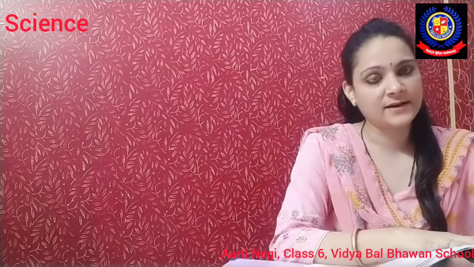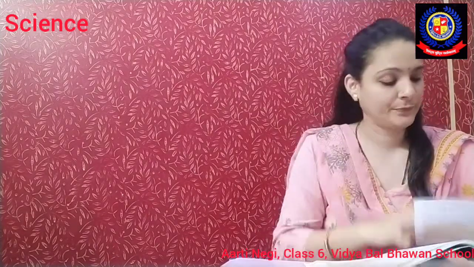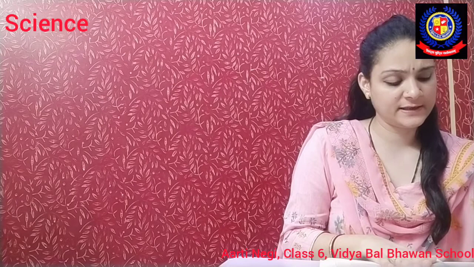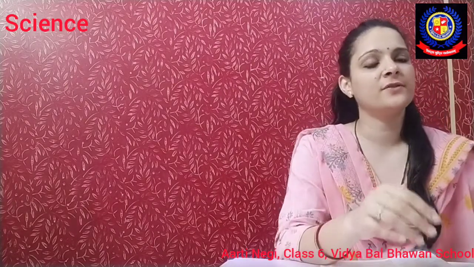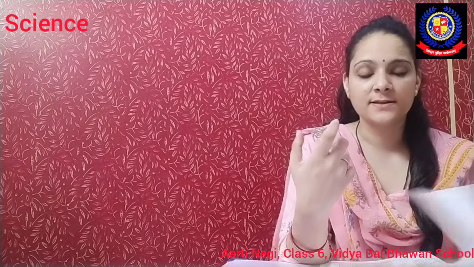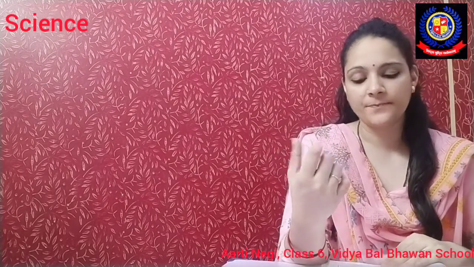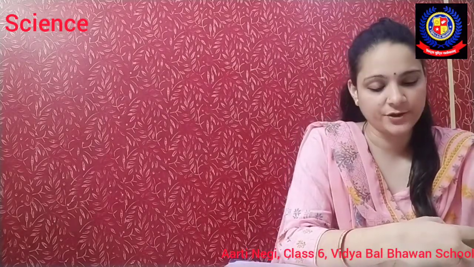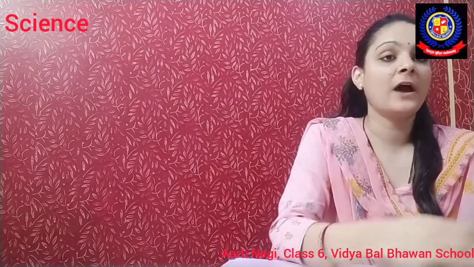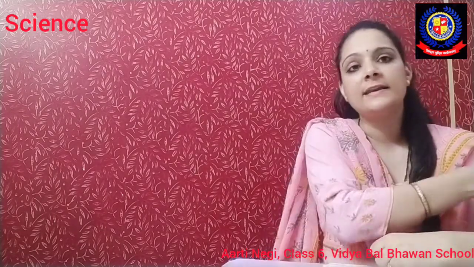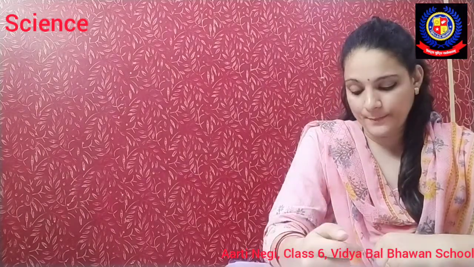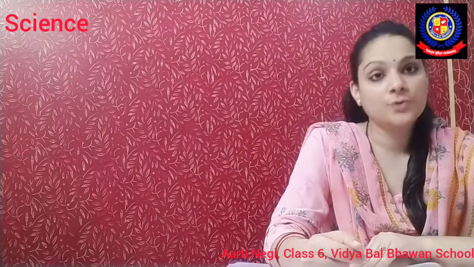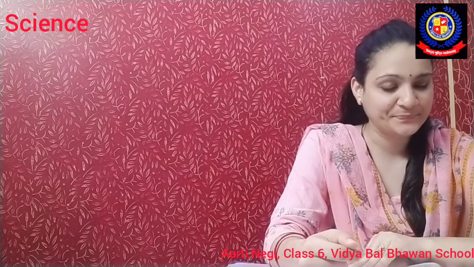Then we have performed activity 1 and activity 2, and then we have done some activities related to their different properties, like the appearance, and then we have learned about how some materials are hard and some materials are soft in their texture. So students, today we are going to learn about our next property, that is on your page number A42, and the name of the property is soluble or insoluble.